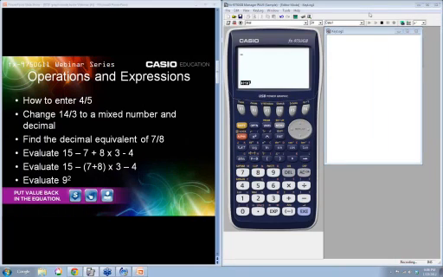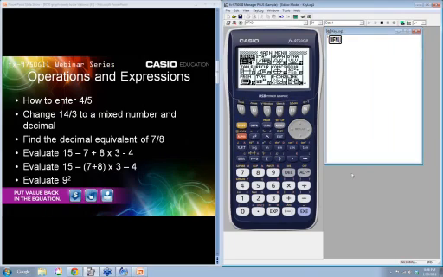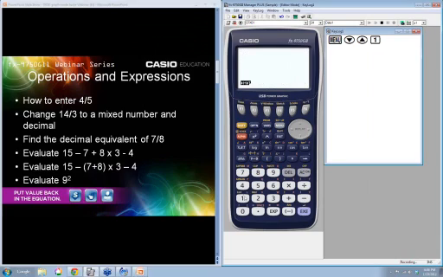So the first thing we're going to do is turn your calculator on, and you're going to get this screen that looks like this, and you go, wow, that's kind of intimidating. I always tell my kids the very first thing to do is look for the Run Mat button, because that means it's just like a regular calculator. There's two ways you can access that. One is by highlighting it. You see how it's darker there? And then just hit execute, which says do what I just told you to do. The other way, if you'll notice there's a little 1 in the corner here, you can simply hit the 1 and you go automatically to that function.